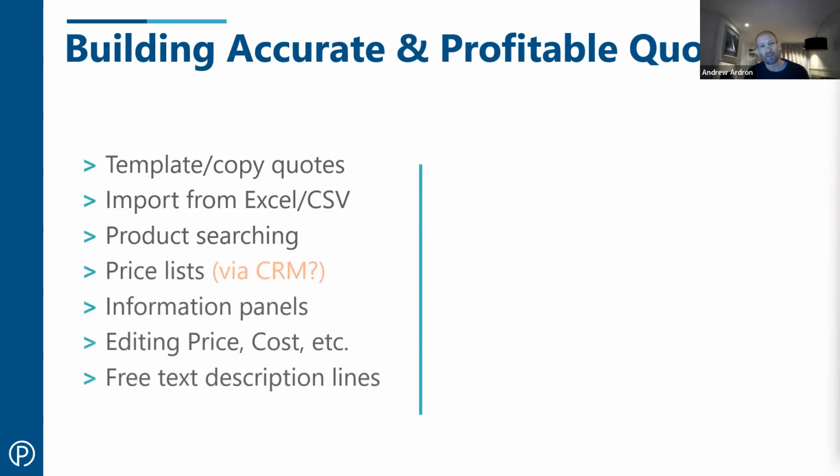There's then a whole load of things that are perhaps optional, but most people would use. So price lists, which might be in your ERP system and managed from there, managed in your inventory management system like Unleashed or Deer or Sin7 or Sage, or you might choose to use the price list within the CRM. So I think most of our customers will use price lists that have been set up in their inventory management system, but you might